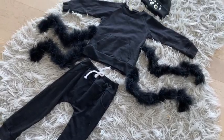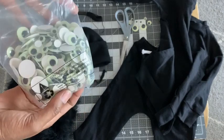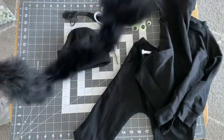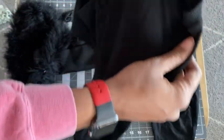My daughter wanted to be a spider this Halloween and I figured I could gather a few things and make a cute, easy spider costume. I got some glow-in-the-dark googly eyes in varying sizes, a feather boa, some black embroidery floss and a needle, a black sweatsuit,